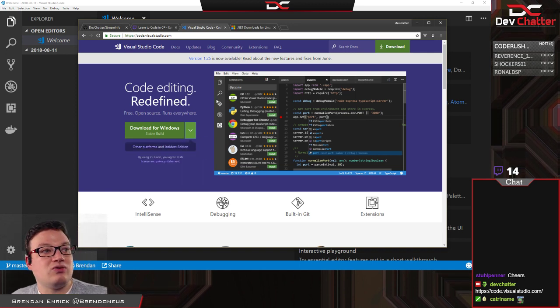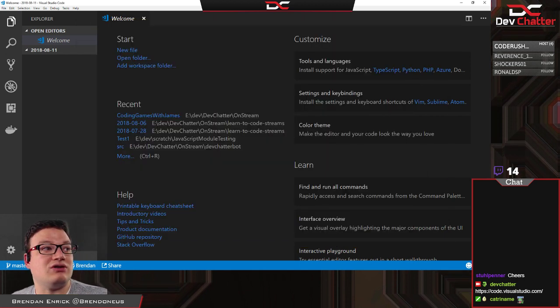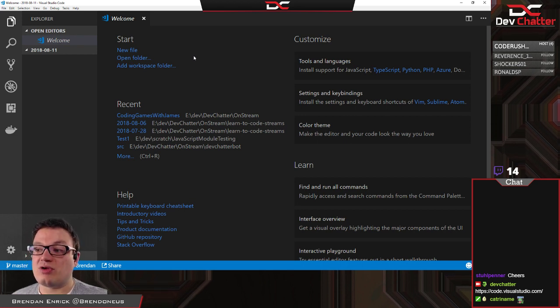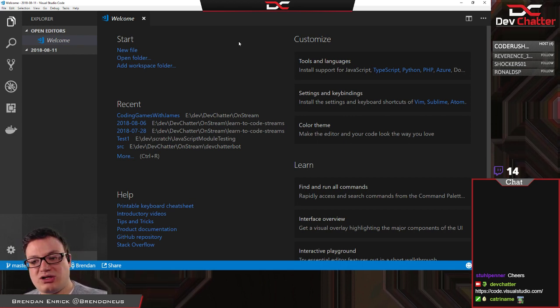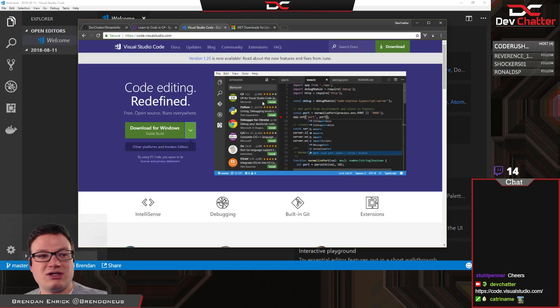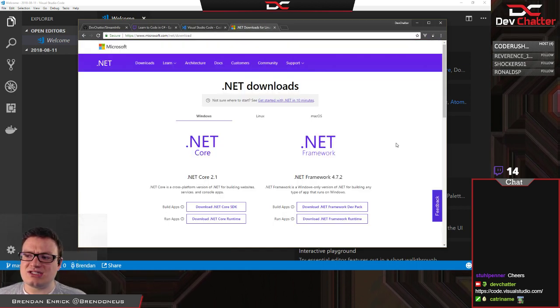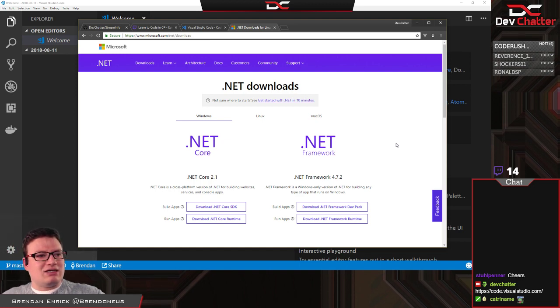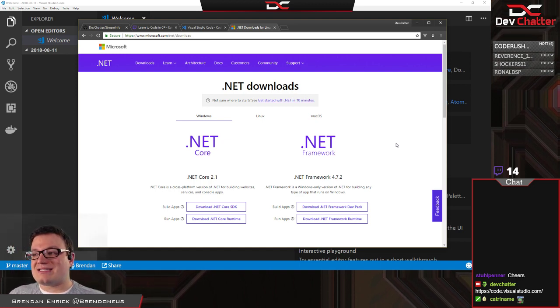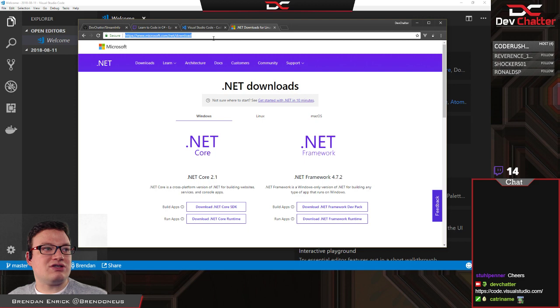Once you get Visual Studio Code installed, you're going to have this program running. This is Visual Studio Code, the text editor that we're going to use. The next thing that you need in order to follow along and code in C# with us is the .NET Core SDK. If you go to this website,